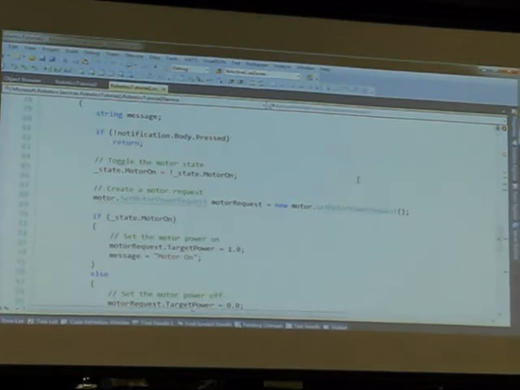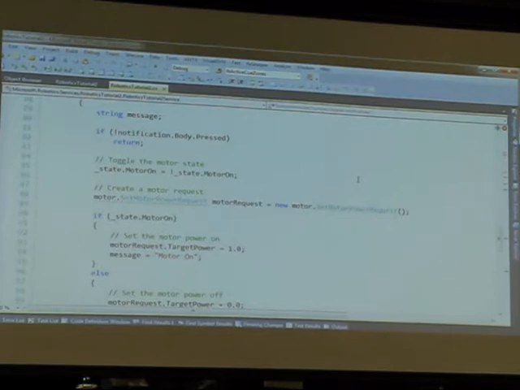Pretty simple stuff. The one thing you'll notice here is nowhere do you see the word Lego, nowhere do you see the word Mindstorms. Nowhere do you see any reference in this code, other than maybe in the comments, to the fact that this is going to tie into this Lego robot. And that's because all of that is abstracted away. Using a configuration file, I can say, use this code for this device. I could also say through a configuration file, I want to wire this up for the Parallax robot or whatever instead. So that level of abstraction is kind of nice. So what I'll try to do here is run this.